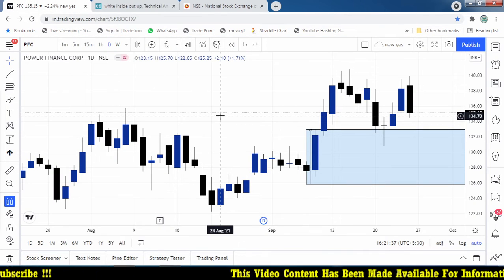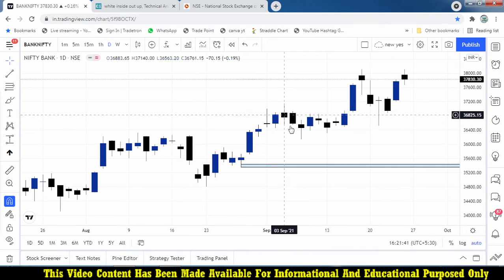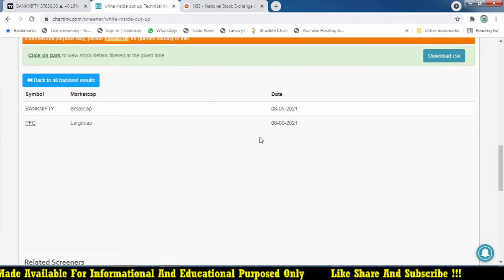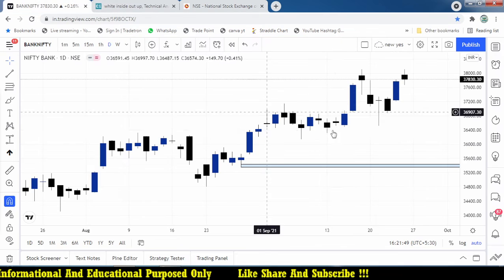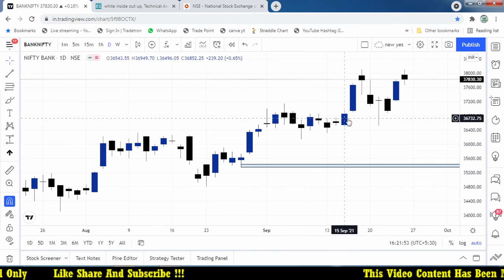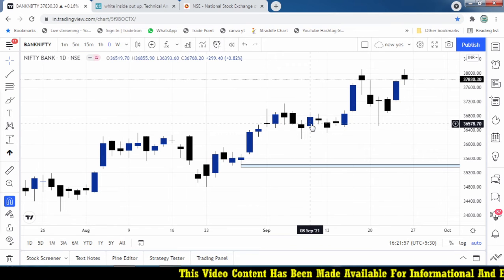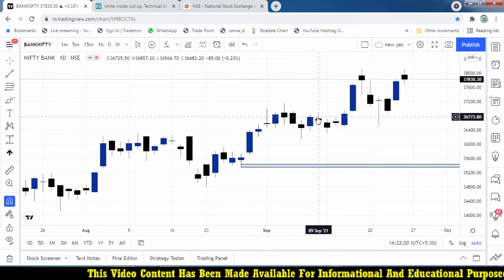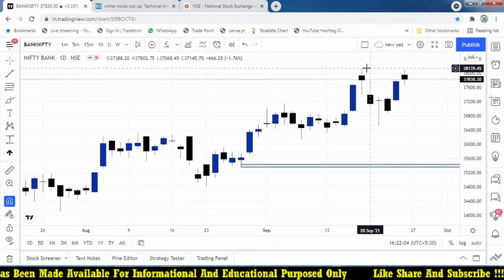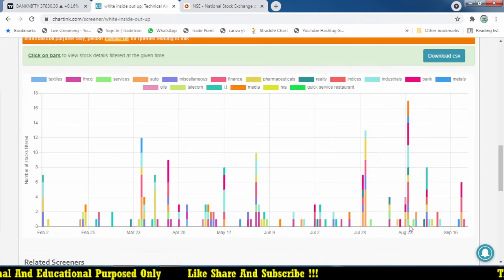And Bank Nifty, on 6th September, where is it, here, 8th September. What happened? Bank Nifty happened on 8-9. When it broke, sometimes 3-4 days later. So here, no, 9. The next day itself it broke. Somewhere 855, 857. Entry triggers 36,800 and then it moves to 38,000, almost 1,000 points. So this is the method we can simply follow, and a lot more stocks are there.